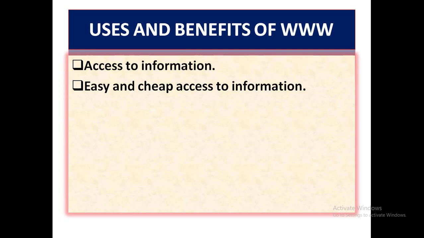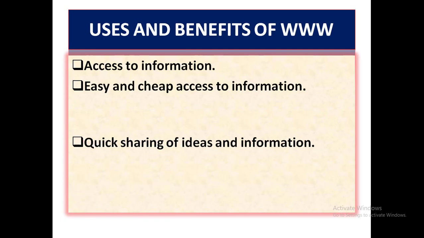And number two, it provides us easy and cheap access to information. Information these days is very cheap. You can have access to anything in the world. Just go on your browser and use your Google search engine. It's a web crawler. And then search whatever you want, and the information will get to you. You can even use Google Chat. You can talk with Google and get any information you want. At any point in time, you don't have any problem. Even when you get stuck, just go on Google, you have access. Go on YouTube, you have any kind of training you can get. That is the importance of the www.